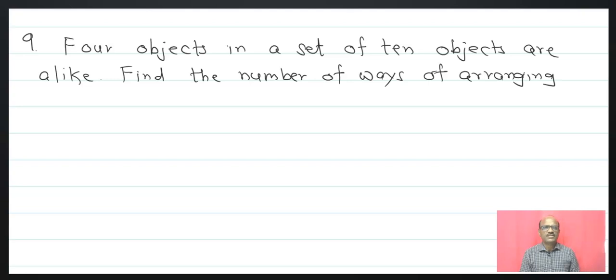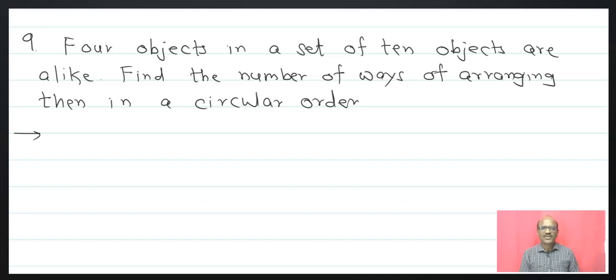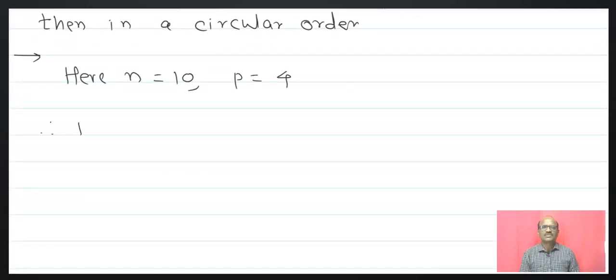Find the number of ways of arranging them in a circular order. Then n is equals to 10, p is equals to 4. Therefore, by using the formula,